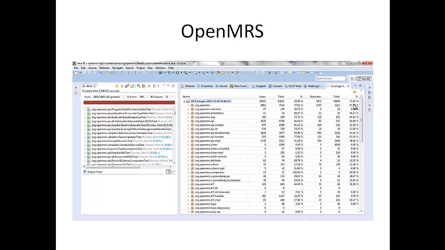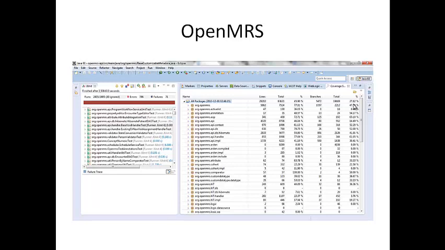We found similar results on the OpenMRS page. They have used EclEmma for code coverage and it is 27.6% as per the figures released on their wiki. There is also an OpenMRS ticket which plans to integrate Cobertura with each build so that code coverage is calculated on each build, and if the coverage for a particular layer or package does not meet the specified coverage requirements, then developers can add more tests.